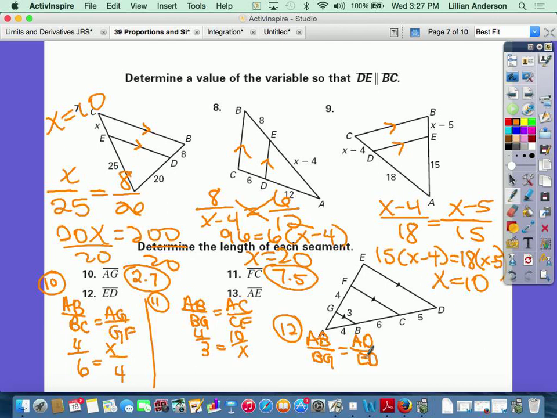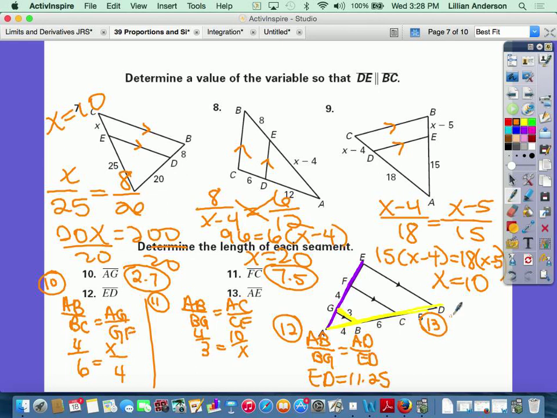Plug in your respective values and you find that the size you're looking for, ED, is equal to 11.25. And then the last one, number 13, I'm trying to find the value of AE. Well, AE is this length right here. I already know AD, and I already know BG,